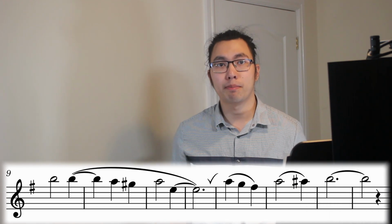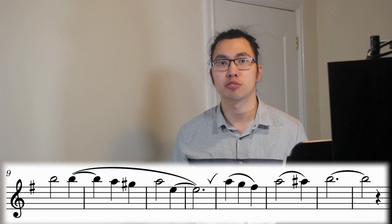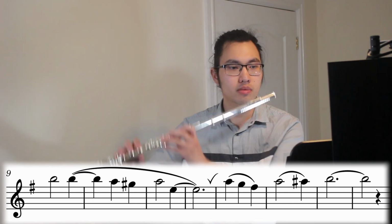Again, another breath after that, and also different tonguing in bar 13 to 15, essentially each bar getting their own slur. So from bar 9,